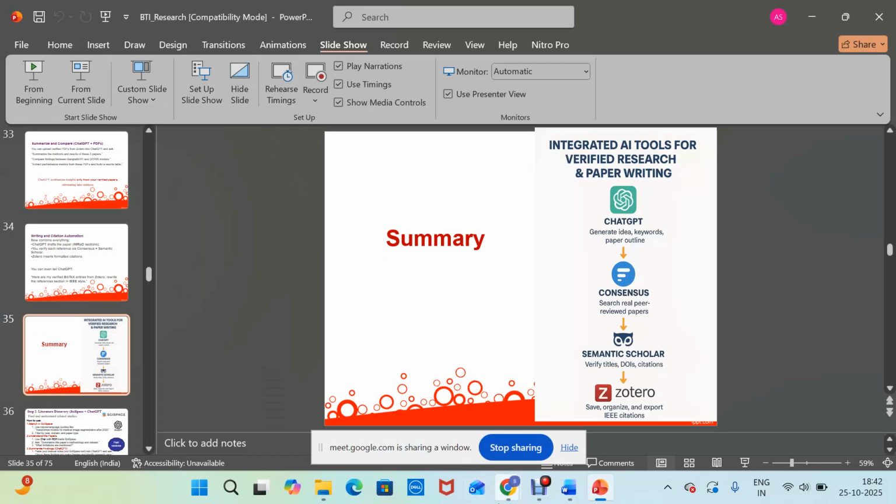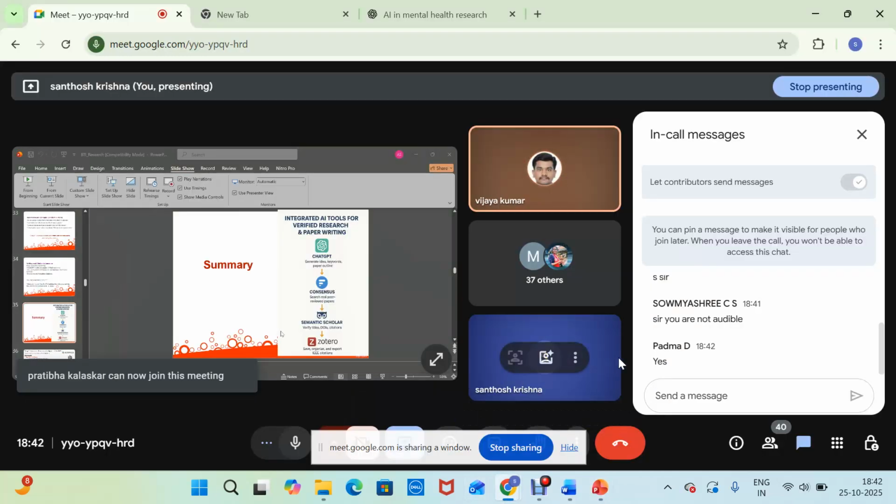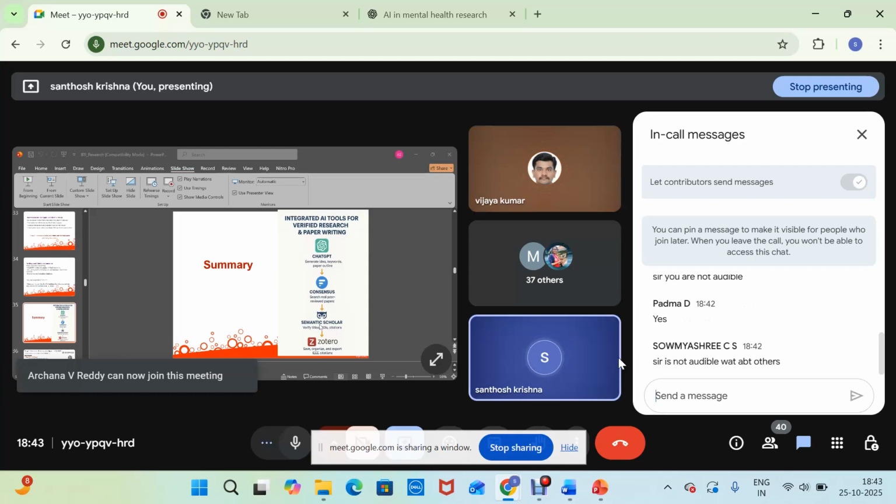Sir, for some of the journal references at the end, we are not getting a proper DOI for that. Normally we have to use references which have DOI numbers. When DOI numbers are not there, in that case we should not use those references. A few papers will be there which we upload on a preprint server like Airwix, before we send them to journals, right?